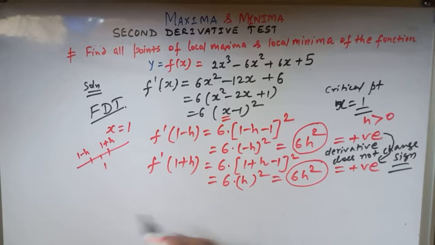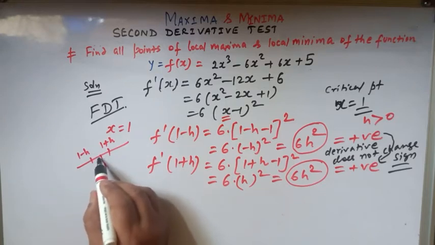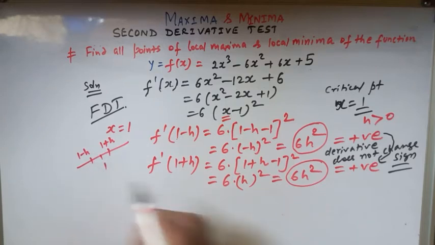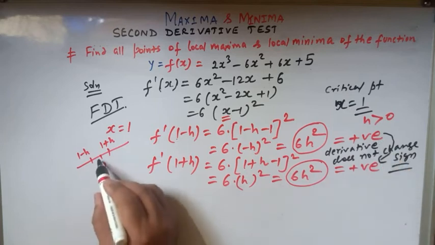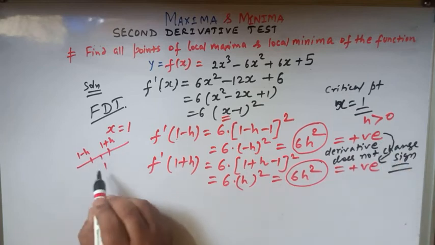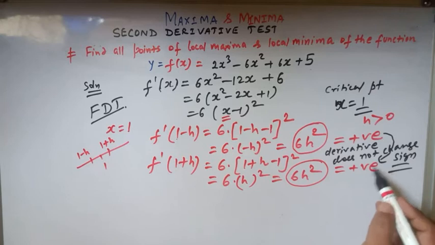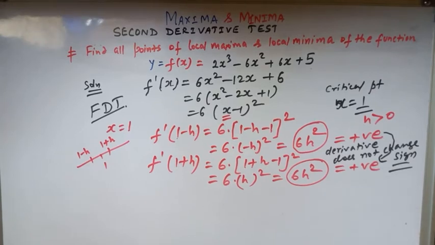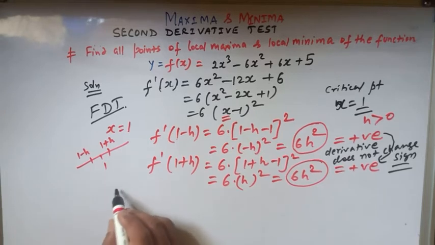Clear? So this is to the left of 1, the derivative is positive. To the right of x equal to 1, the derivative is again positive. So the derivative does not change sign. Clear? So therefore by first derivative test we conclude that